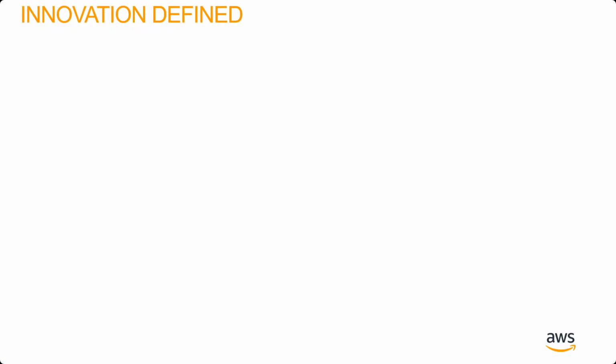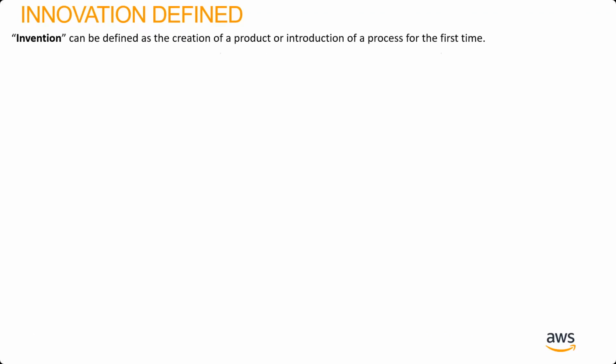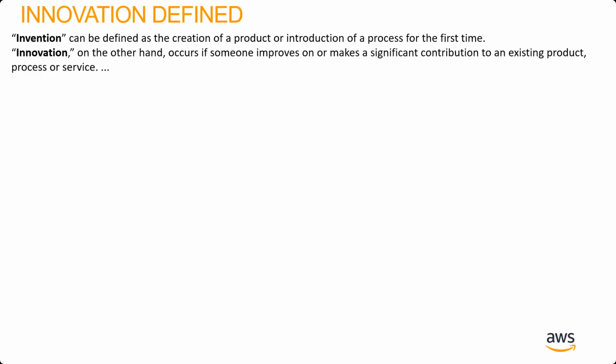And I want to link it that the problem stayed there, but the way that it was solved, maybe the technology assigned it. So I'll talk a little bit about innovation. Let's talk about invention. As you know, it is defining or creating a product for the first time, and this is something new. This is اختراع. الابتكار is to improve, as you can see, it makes a significant contribution to existing products and services.